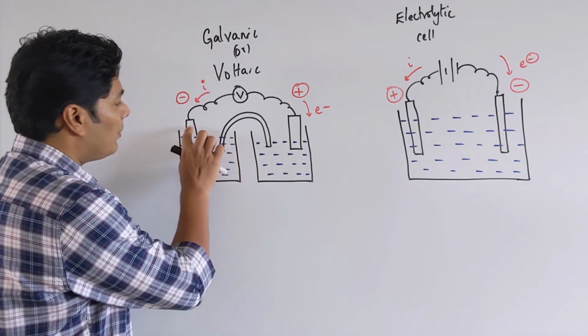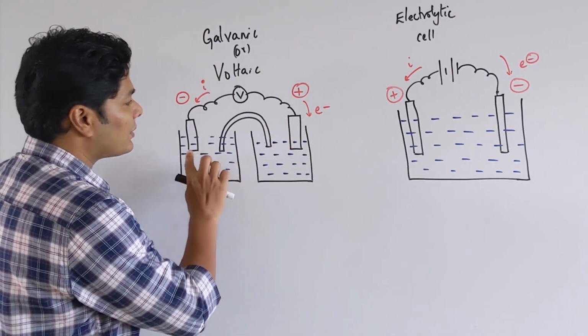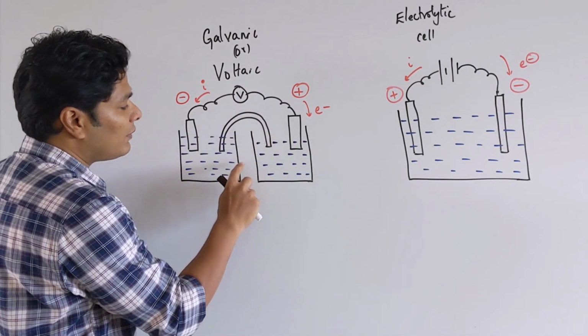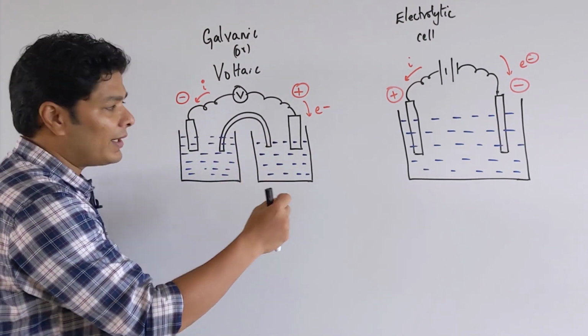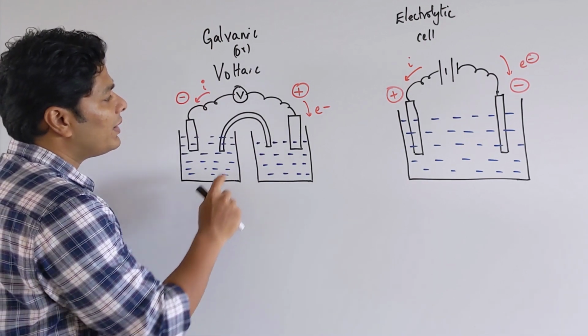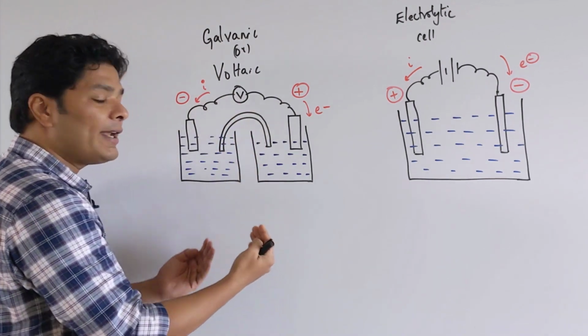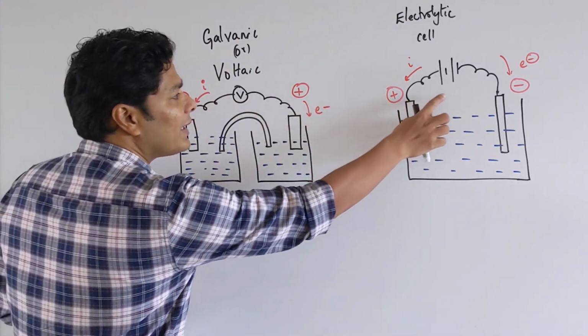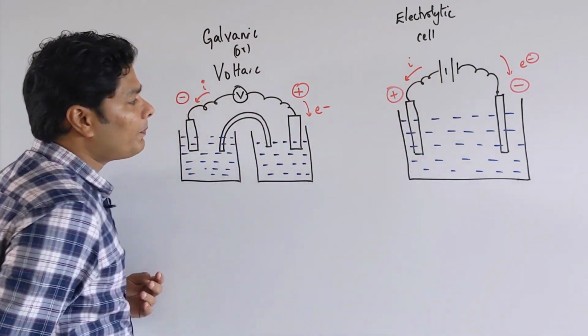Now the solid bars here are electrodes, the same in both cases, and what's connecting both of them is the salt bridge. We will see the salt bridge separately later. Now what you want to see here is that I have a voltmeter because I am going to gain voltage out of it, and I have to measure it, whereas here I have connected it to a battery.